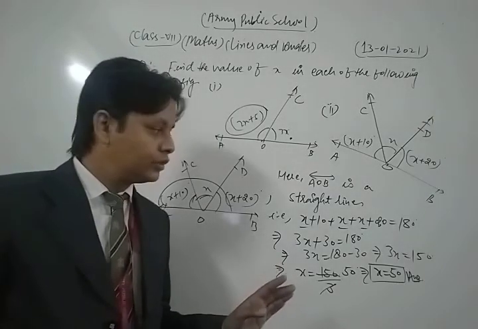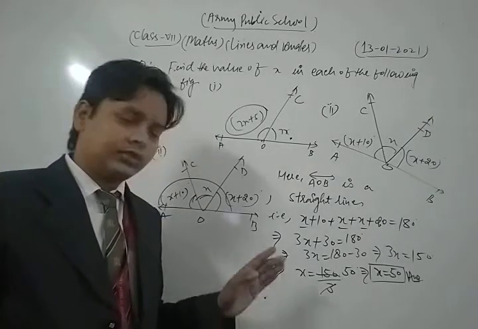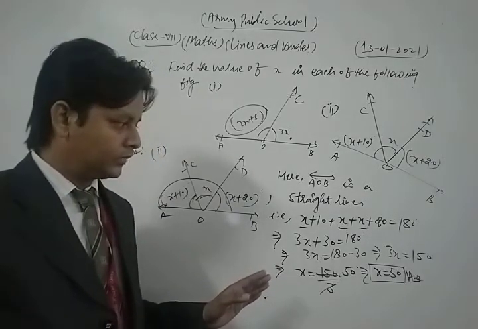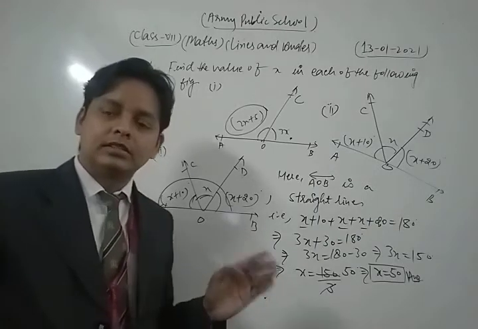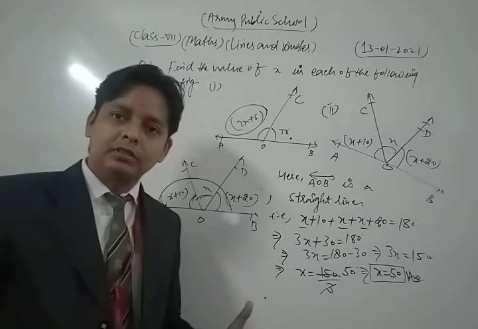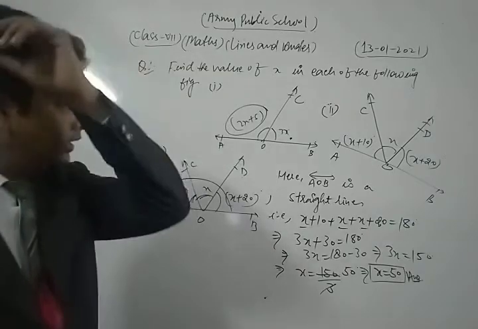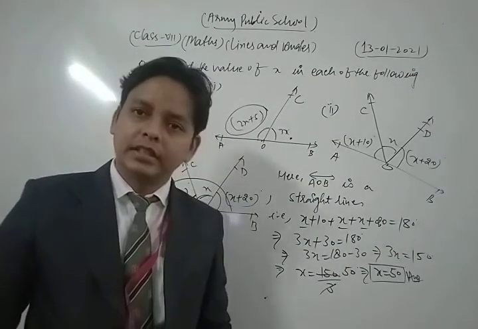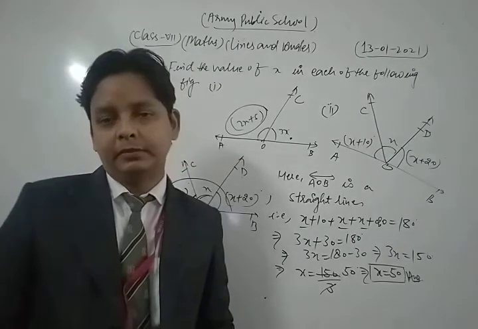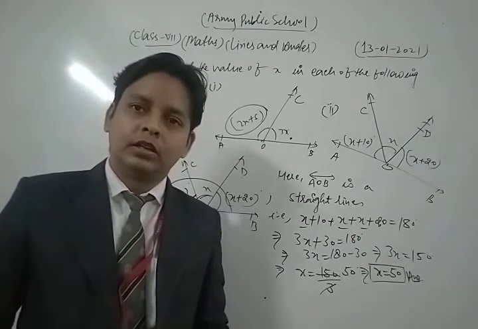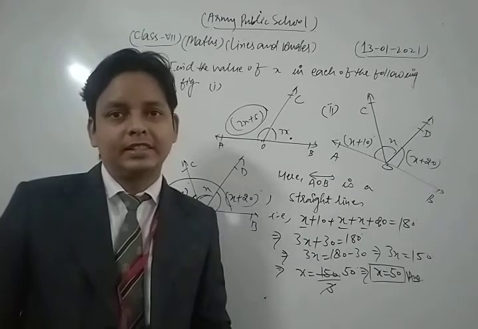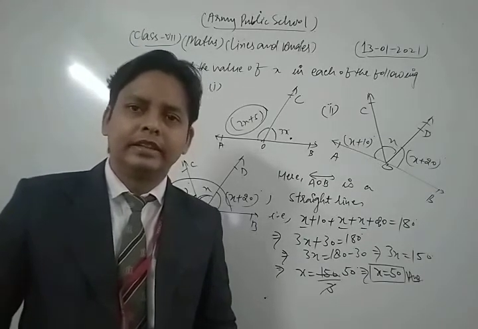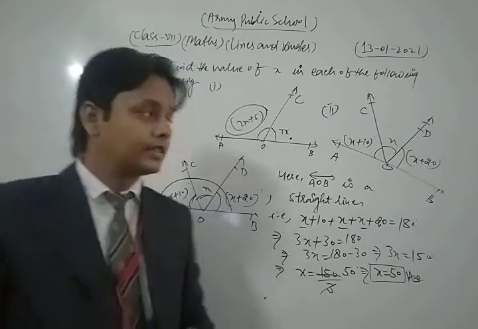Thus, dear students, in this way we clear the concept of today's class. We clear the concept of adjacent angles, linear pairs, vertically opposite angles, as well as we discuss complementary and supplementary angles, and we take and solve some important questions based on them. Okay. The last important topic of that chapter, which is angles made by the transversal, we discuss in the next class.